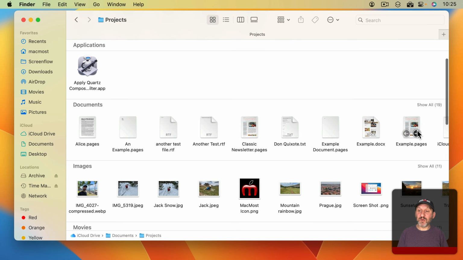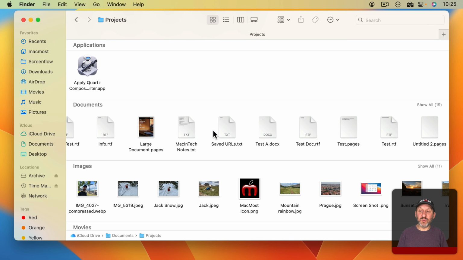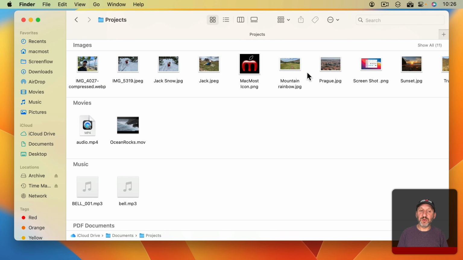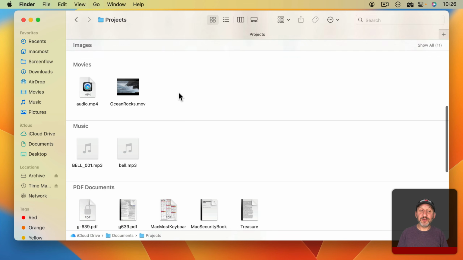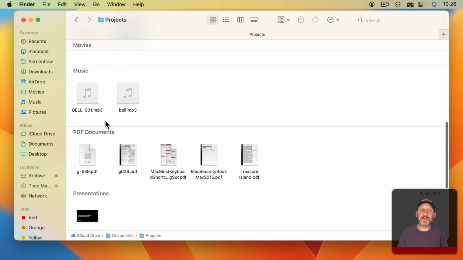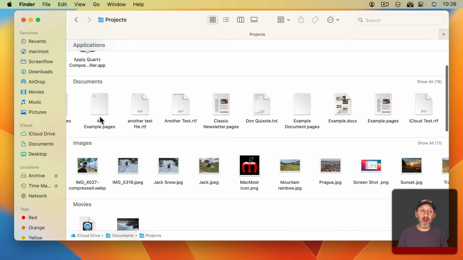If you look at the rows, they extend off to the right, and I could use my trackpad or the top of my mouse to scroll through all of the items here. So I can go down to images here and I can scroll through the images. It creates an interesting way to view your files with each group being exactly the same height. So it could be easier to find smaller groups like presentations here even if you have a ton of documents